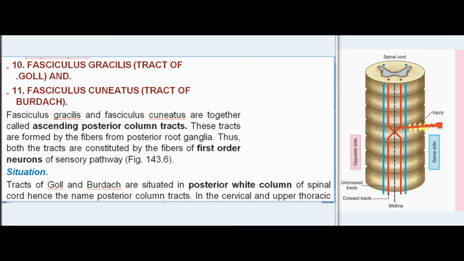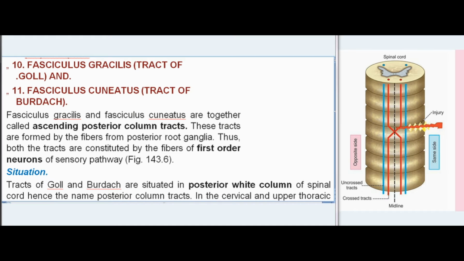10. Fasciculus gracilis, tract of Goll. 11. Fasciculus cuneatus, tract of Burdach. Fasciculus gracilis and Fasciculus cuneatus are together called ascending posterior column tracts. These tracts are formed by the fibers from posterior root ganglia. Thus, both the tracts are constituted by the fibers of first-order neurons of sensory pathway, Fig 143.6. Situation. Tracts of Goll and Burdach are situated in posterior white column of spinal cord, hence the name posterior